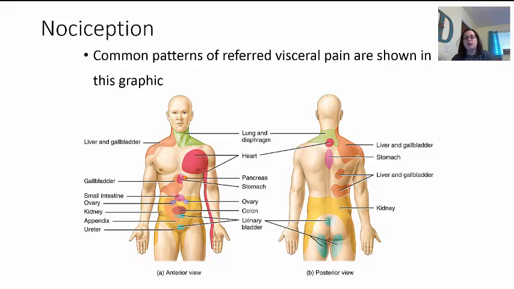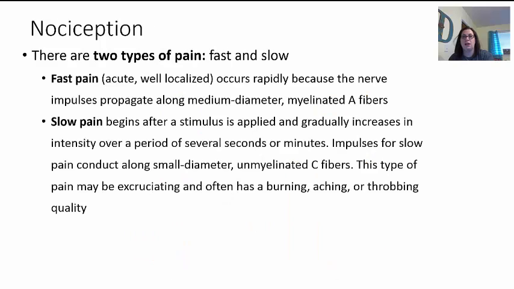So guys, this diagram is just showing you that referred pain can be in different areas. Some make sense, like of course the heart and the kidneys, and others you're like, why is there pain there? I mean, look at where you can have some pain for your liver and gallbladder. Of course you can have it in the area that the liver and gallbladder is on the side, but you can also have it up here in your neck and your shoulder. Sometimes you're thinking, well, that doesn't make a whole lot of sense, and that's why a lot of times when we go to the doctor, they want to know where your pain's located, because this might help them understand if it's an internal organ or a muscle issue.